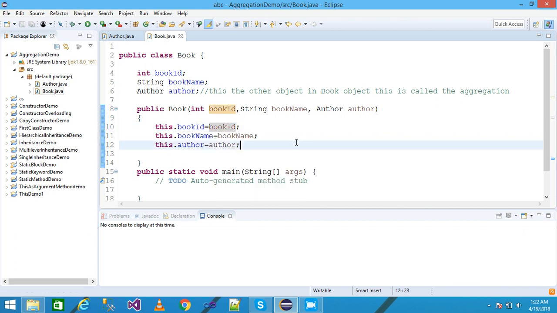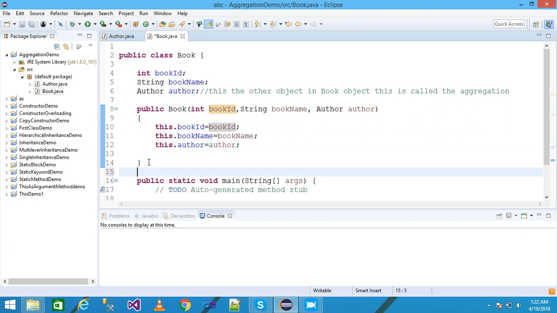Okay, save it. Look here, I am assigning the value of book ID into the instance variable book ID, the local variable book name into the instance variable book name, and the author object into the author object author. Okay, and then I am going to create a method public void show details,